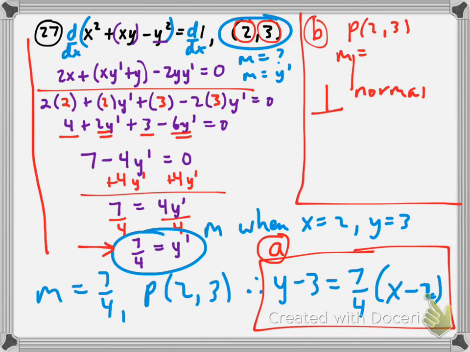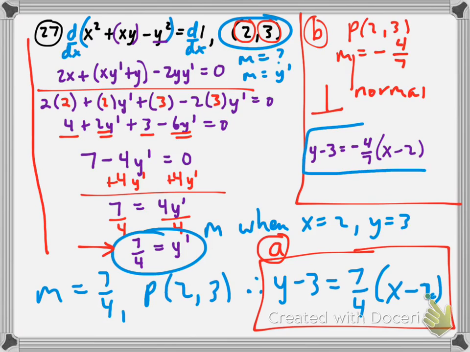If the tangent line has slope 7/4, then the normal line has a slope of negative 4 over 7, because the normal and the tangent are negative reciprocals of one another, and so therefore y minus y1, which is 3, equals negative 4 over 7, multiply that by x minus 2. Okay, so that right there, guys, is the equation of the normal line to the curve at the point 2,